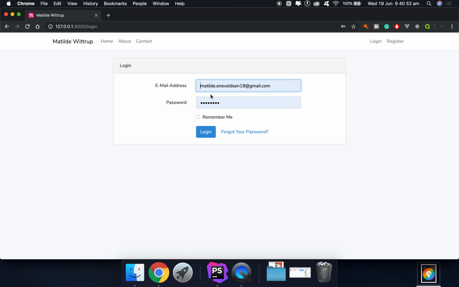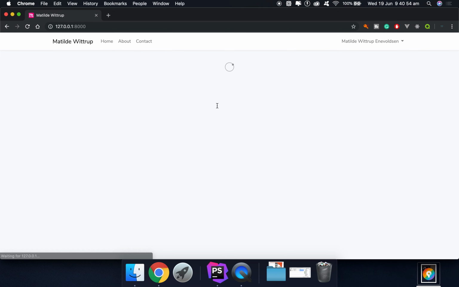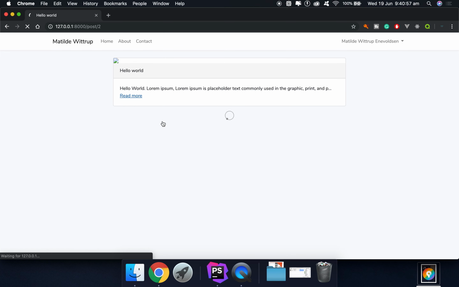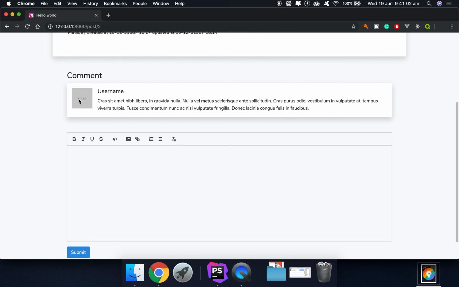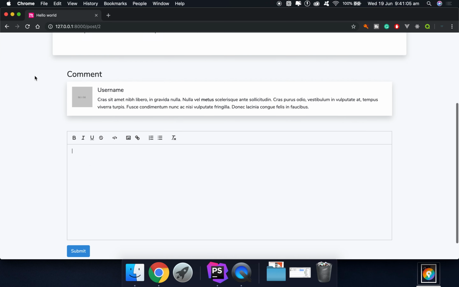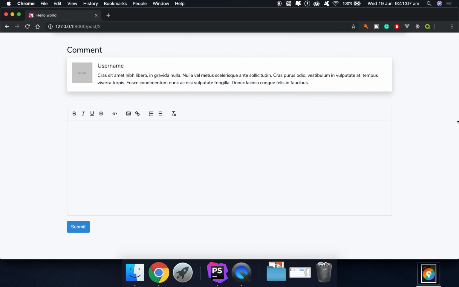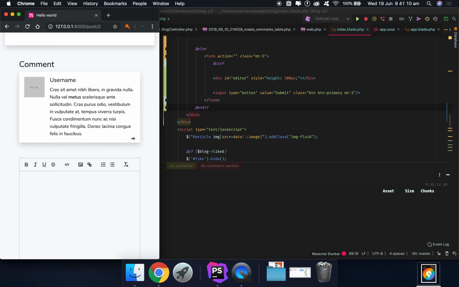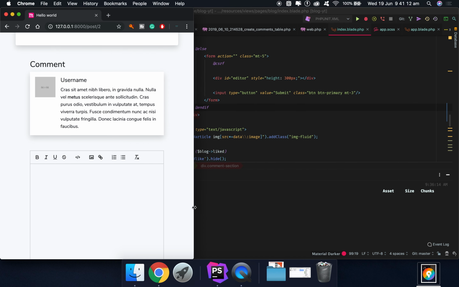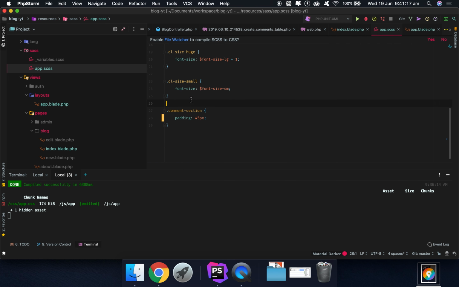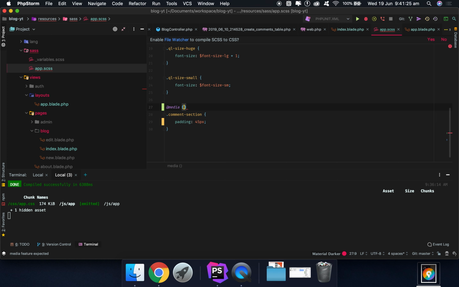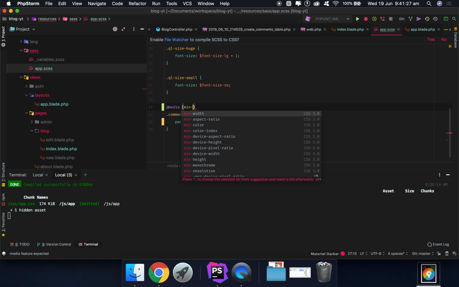So now let's go in and check that this worked, just to be sure. Great. So now you're able to post a comment if you are logged in. If you're not logged in, you will just see the comment section here. Again, this is some styling we also need to do. We can put this inside a media query. So there's a media max width, no, minimum width of